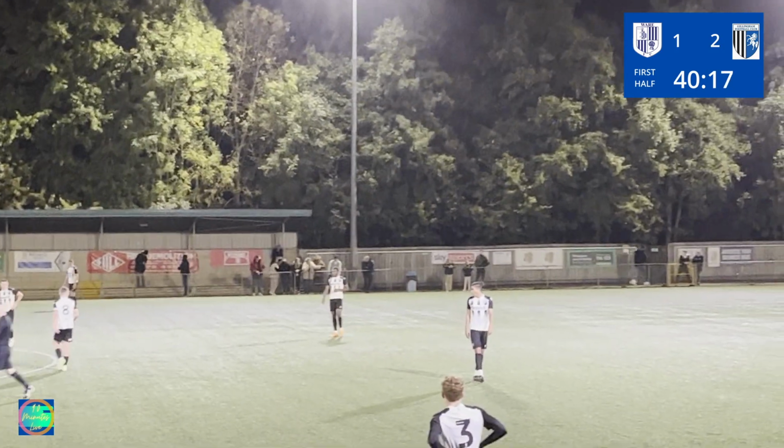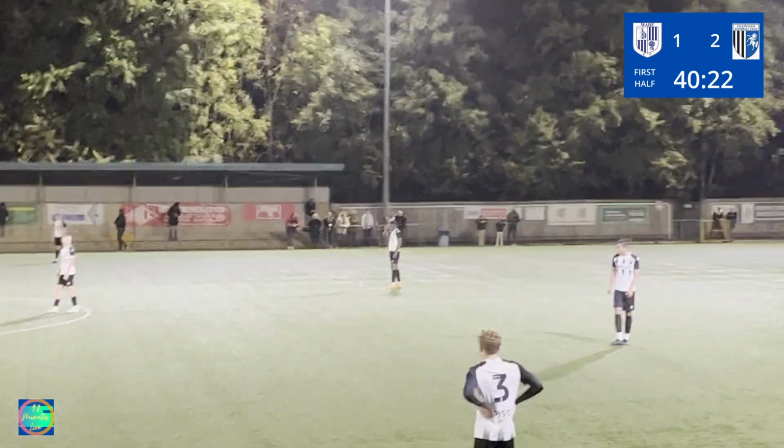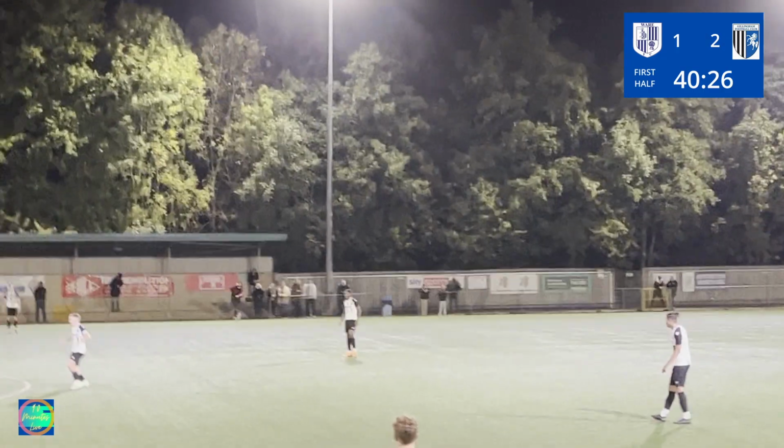5 minutes before half time, great time going back on at Watson Park. Check the yellow card there. Was that to De Wild? No, it was just it's to Woodliff. Yeah, I think for obviously holding the ball